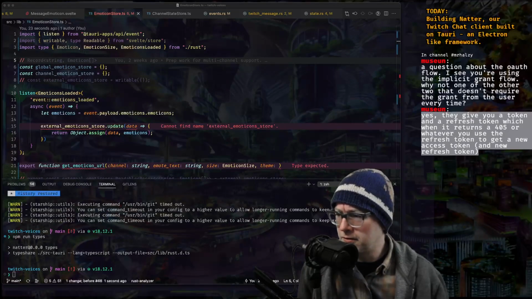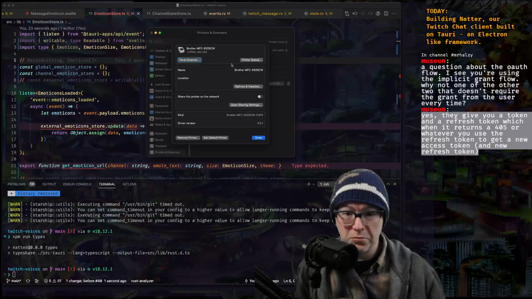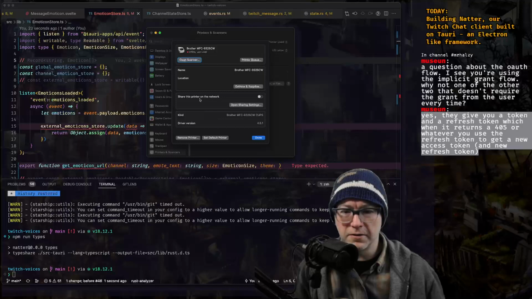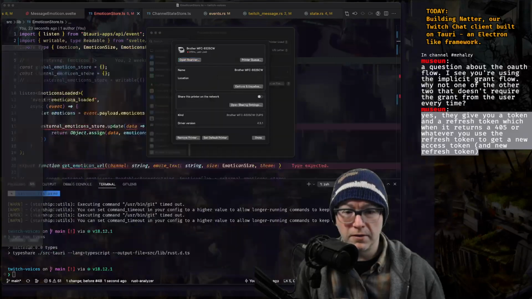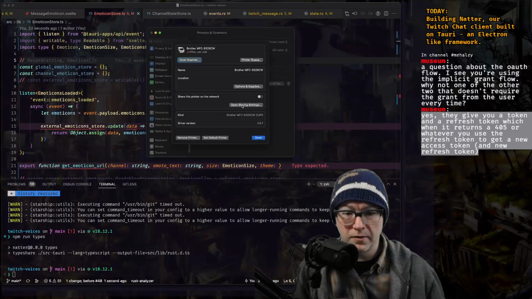So forever ago, I bought this cool printer. It's a color laser. No, I didn't want to open the scanner. Okay, that can go away. Open sharing. Oh, options and supplies.